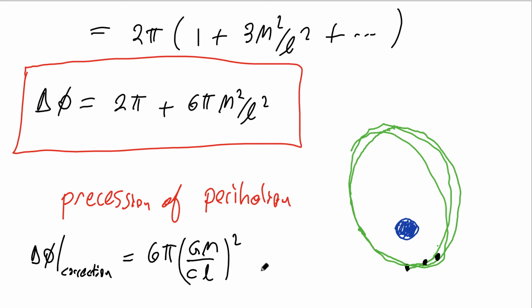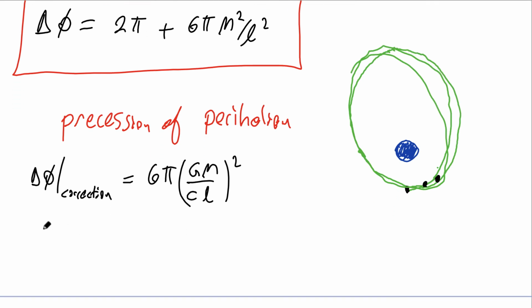Well, among all the planets in our solar system, it's largest for Mercury. So for Mercury, if we take this result, which is the amount of precession per orbit, and multiply by the number of orbits in a century, we get 43 arc seconds per century,